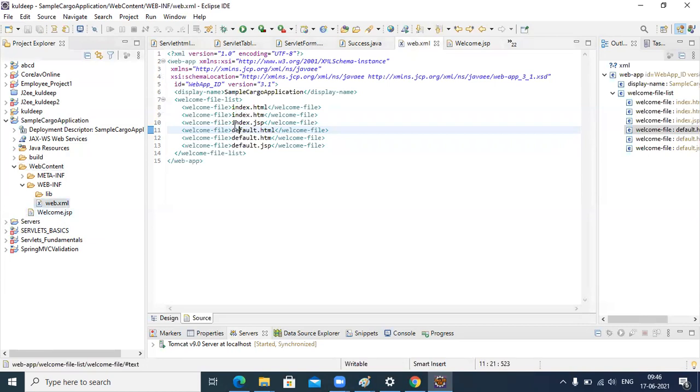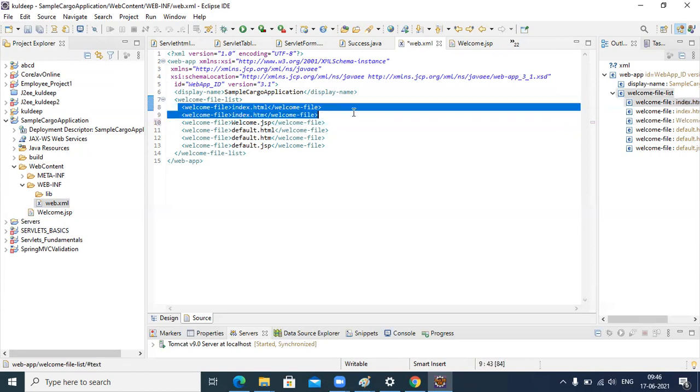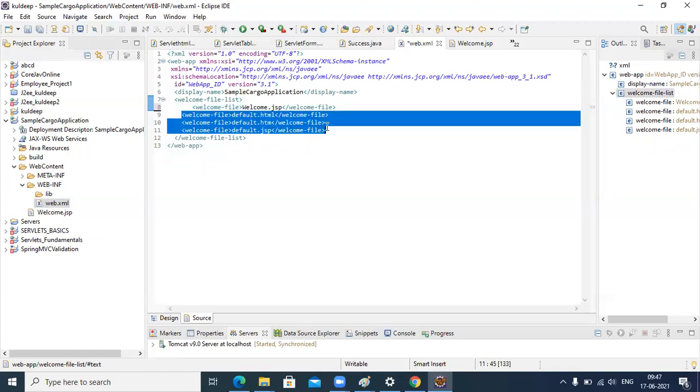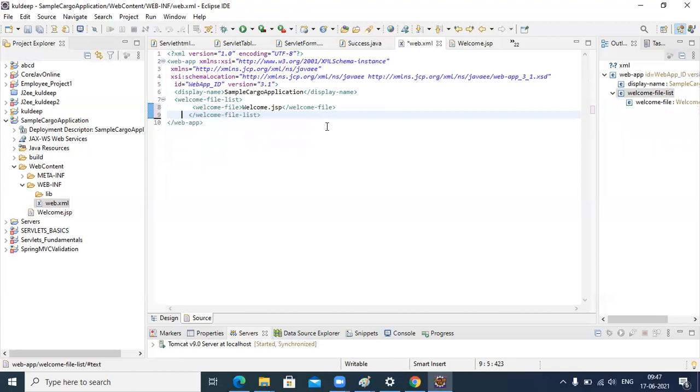So here, welcome.jsp, and I have to remove all these things. As a welcome file, you can use an HTML file or JSP files. Any files you can use.